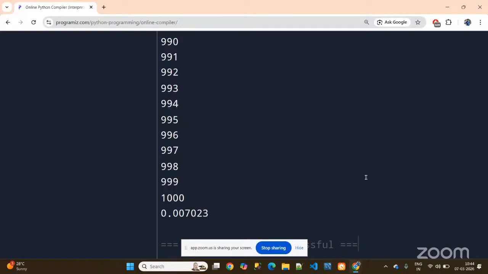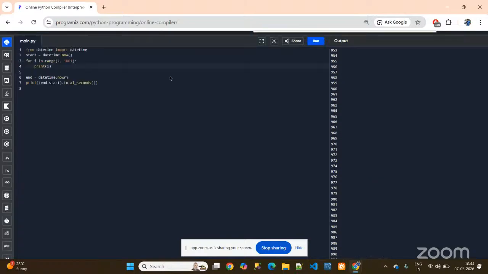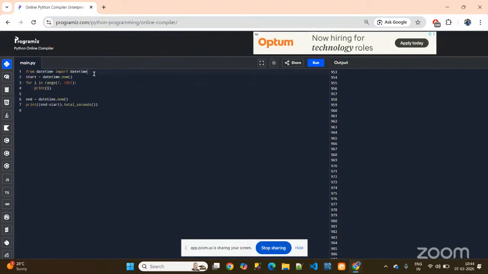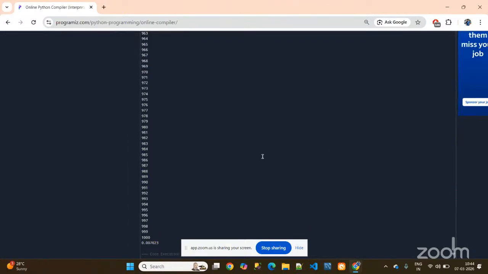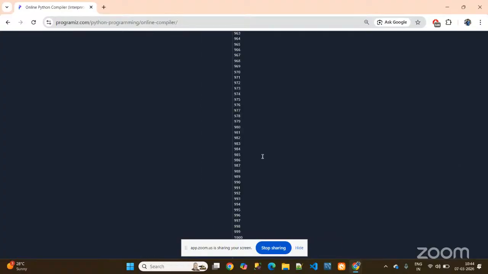So now let us see the same code. So remember this value. What is the value here? 0.007023. Okay, now